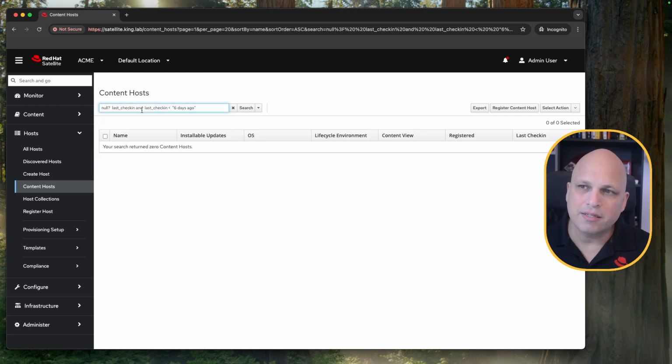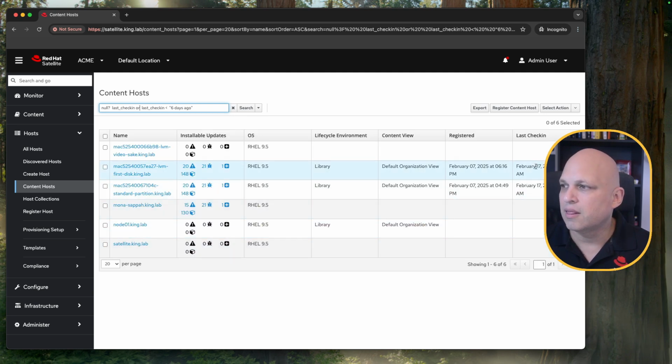If I do "and" at this level, what will happen is, hey, I'm looking for one machine where the last checking is less than 6 days ago and the last checking is null, which is wrong. We don't have this entry. We have machines with last checking less than 6 days, and we have machines with last checking equal null, like nothing is over there. So here "and" is not a thing. We can change this by "or". And now, look at that beauty. I have the whole information,